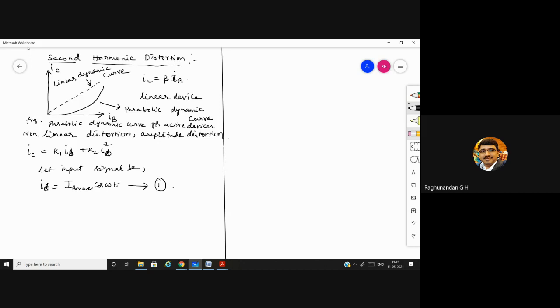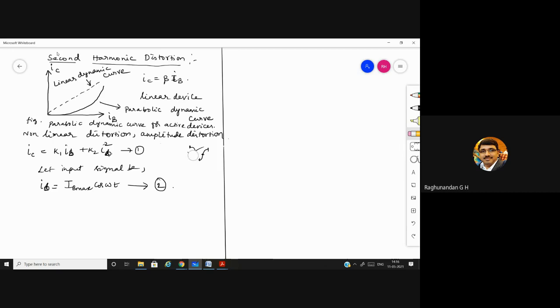It is left to you, whatever kind of curve you are considering. You can even take a sine wave. But we have taken the cos wave because we have to analyze at different points. For every 90 degrees of the cycle, we have to analyze what the value is. That's why we have taken cos, because it will be easy to analyze the different 90-degree points in the waveform. Now take this as equation 1 and take this as equation number 2.